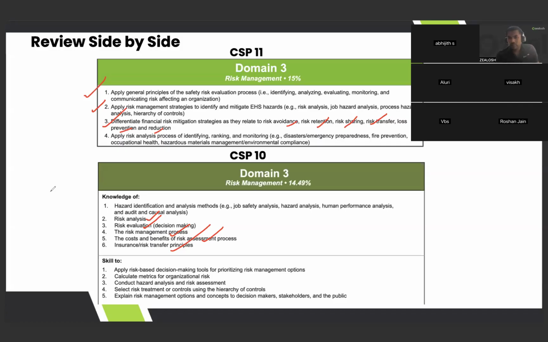So similar to that type of questions we can expect. Then apply the risk analysis process of identifying, ranking, and monitoring. So risk analysis. Basically here you should know, many people sitting here